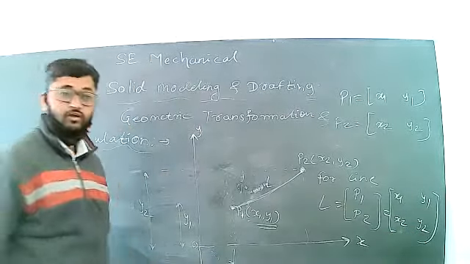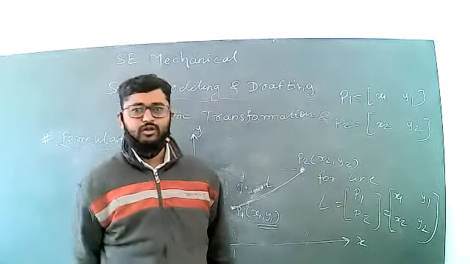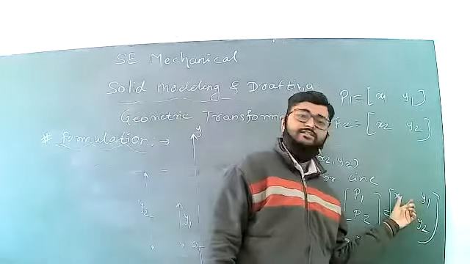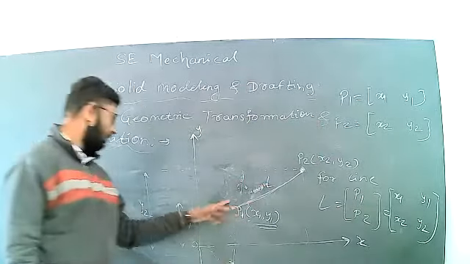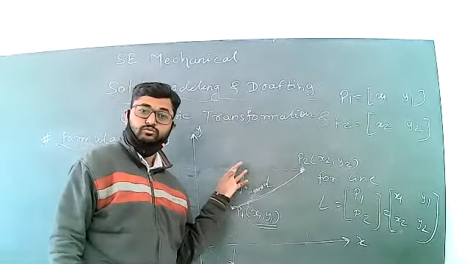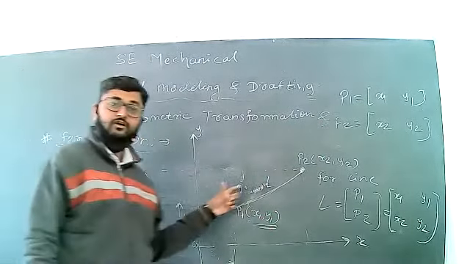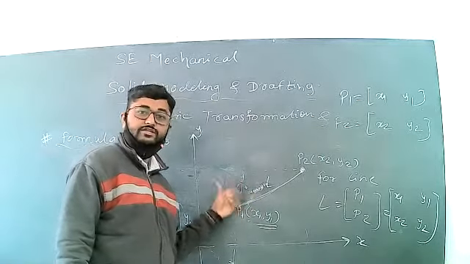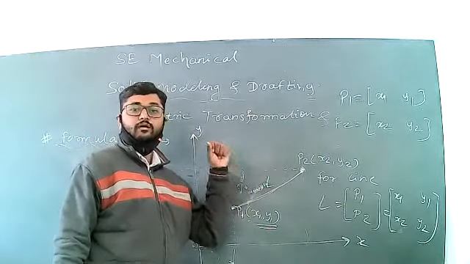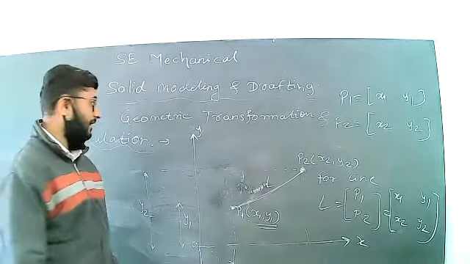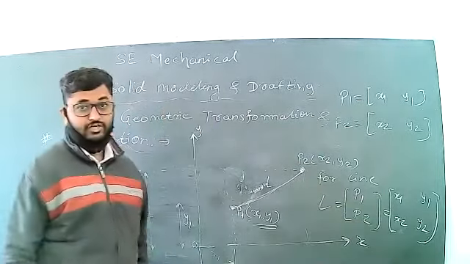That is the formulation. These x1, y1, x2, y2 mean the coordinates of points P1 and P2. When I change the values of x1, y1 or x2, y2, that is, the modification of this data, it results in a modification in the display. That is called formulation, and this is an example of formulation.